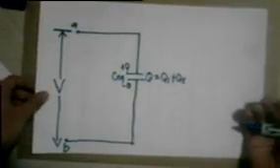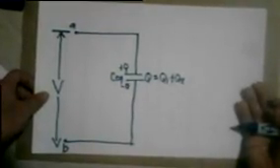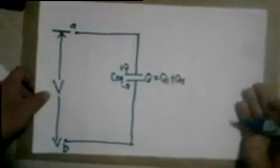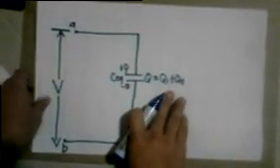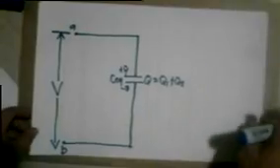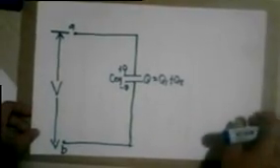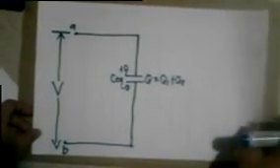The parallel combination is equivalent to a single capacitor with the same total charge Q equals Q1 plus Q2 and potential difference V as the combination. The equivalent capacitance of the combination, C equivalent, is the same as the capacitance Q over V of the single equivalent capacitor. So from equation 6,